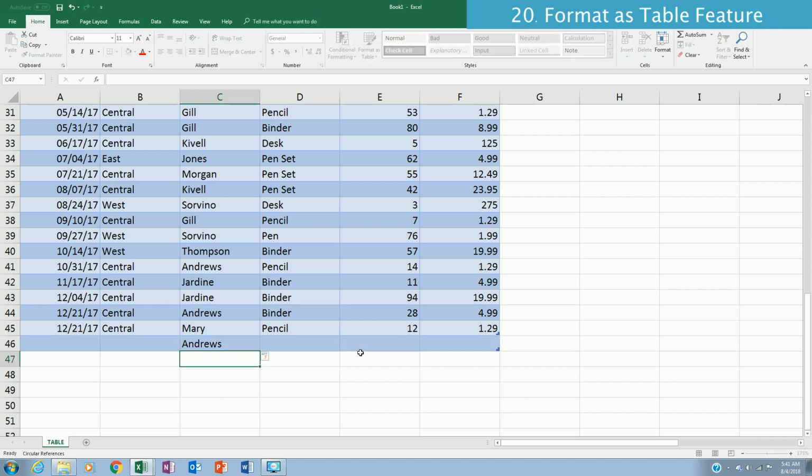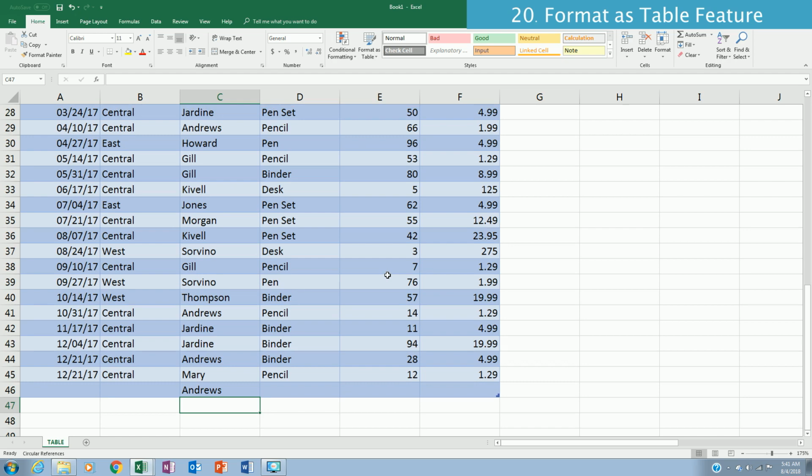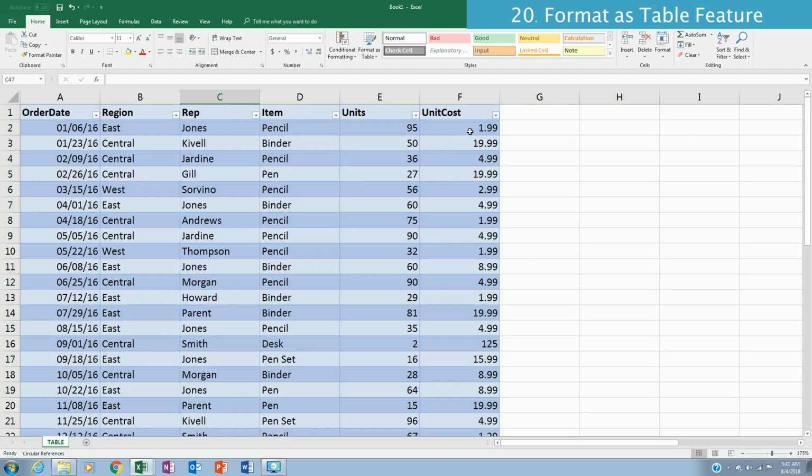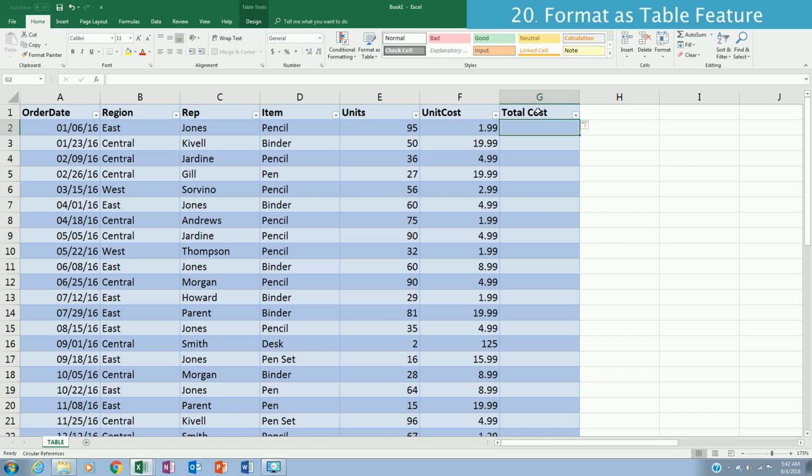This will automatically create the formatting of that table. So let's move back up again here. One cool thing about this table also is that if you add a new table column, let's say total cost,